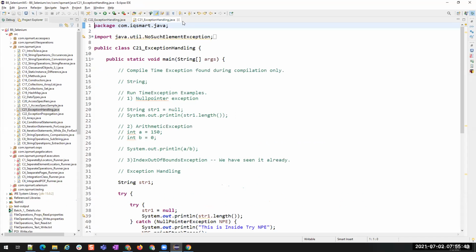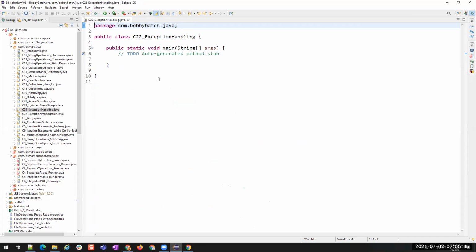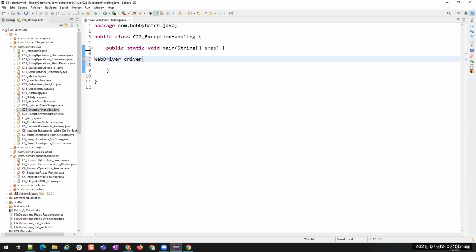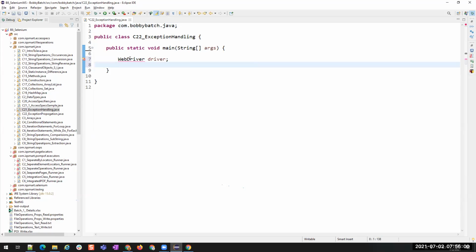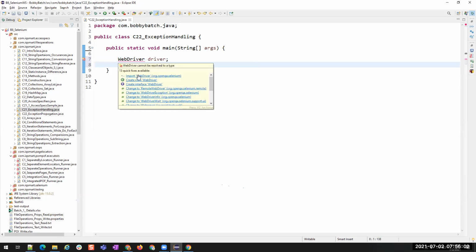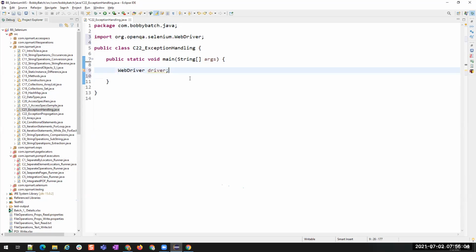When we are running some code, for example, WebDriver, I'm showing this WebDriver. I'm not assigning any value to this WebDriver, but I just created a variable called driver.